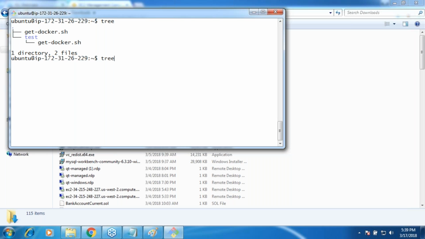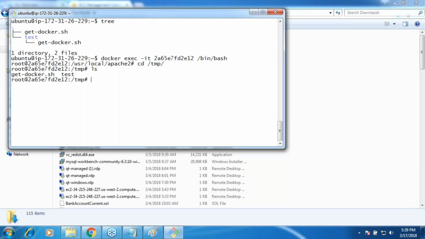So let me execute the container. If I'm not wrong, this is what it is. So cd tmp, ls, and I'm seeing get-docker.sh.